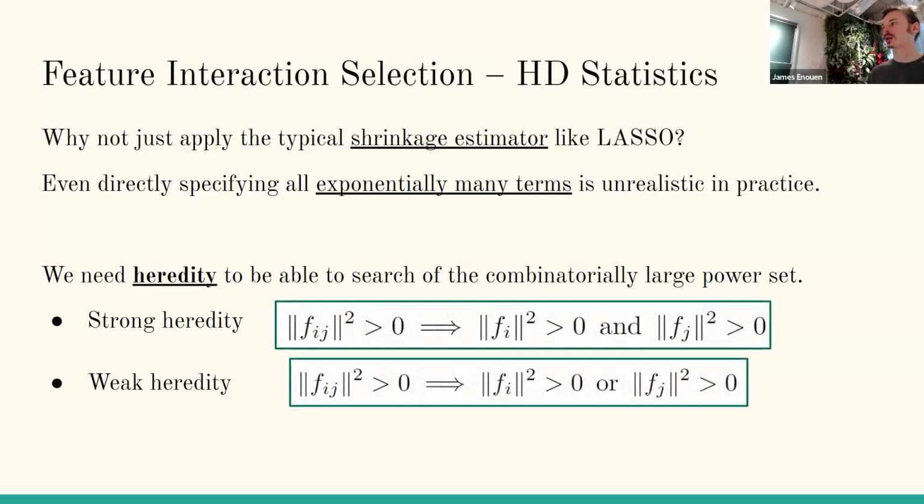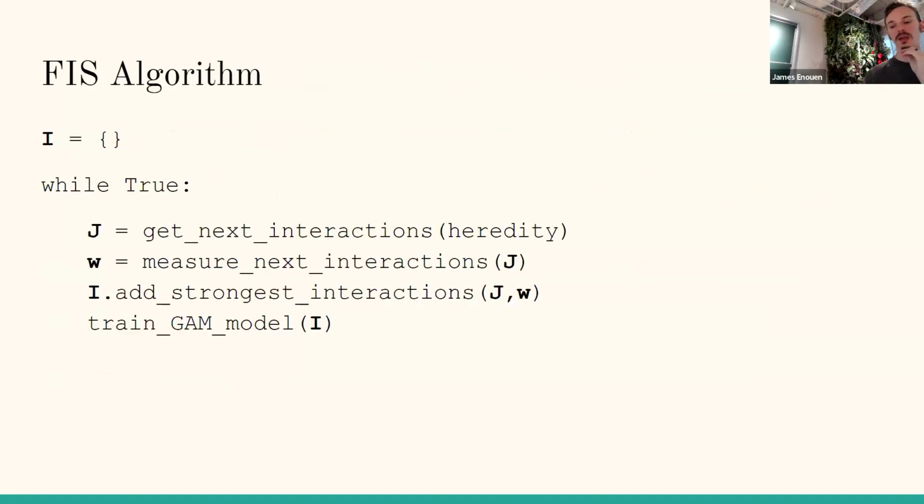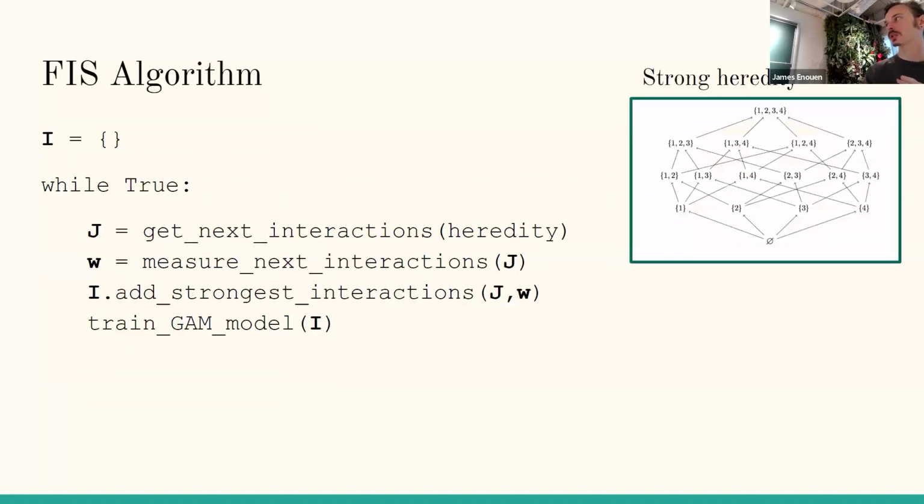So there's a strong version which says that an interaction exists between i and j if i is itself important and j is itself important, and then a weaker version which says the interaction between i and j can exist if i exists or j exists. And this we'll use to create an algorithm which starts at the bottom of these feature interaction sets and then slowly builds up higher and higher. So this algorithm I've written here, we just get the next set according to our heredity strength,